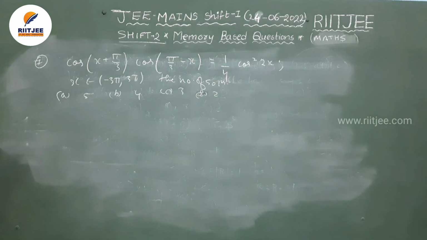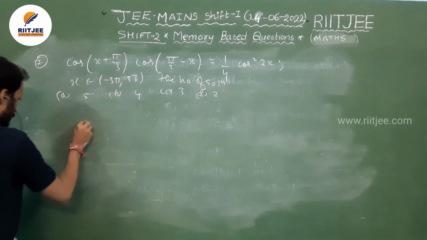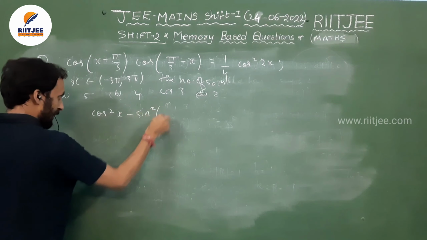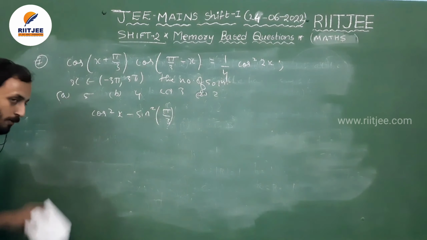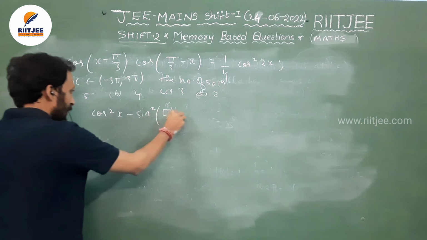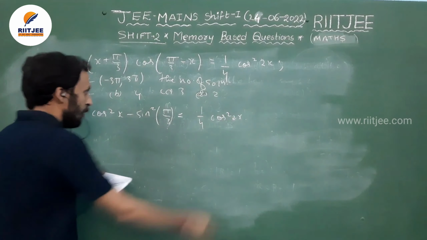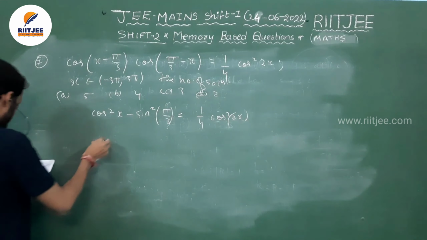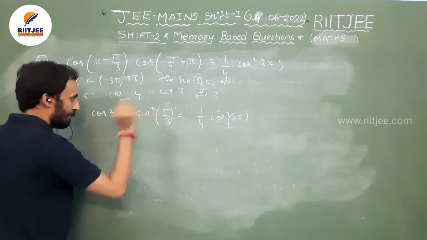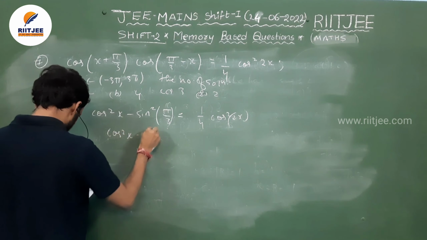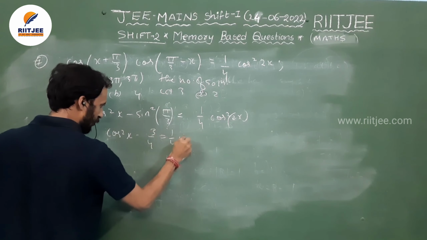Okay, बहुत आसान सा क्वेश्चन है ट्रिग्नोमेट्री का. क्यों मैं ऐसा कह रहा हूँ कि आपको देखने लगेगा. ठीक है, cos a plus b and cos a minus b, you know that cos(a+b) cos(a-b) is cos square a minus sin square b. ठीक है ना, बहुत सिंपल आइडेंटिटी है. क्लासरूम में बहुत बार मैंने इंपॉर्टेंट मार्क करवाया है ना, तो आप कर लेंगे. ऐसे 1/4 cos square 2x है ना. Now for this if I will solve it, भाई सबको पता sin pi by 3 का वैल्यू क्या है, √3/2. Okay, so cos square x minus 3/4 is equal to 1/4 cos square 2x it is written, right?